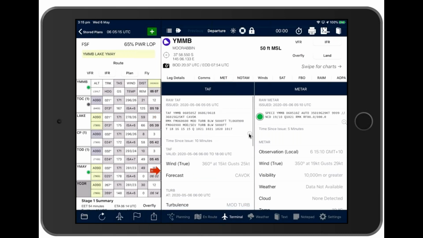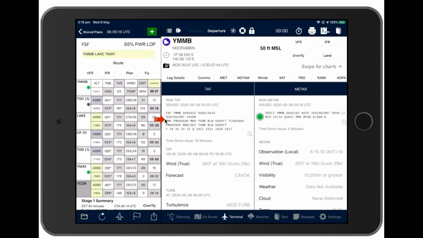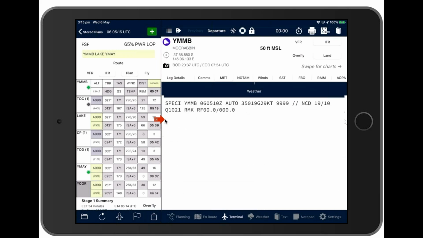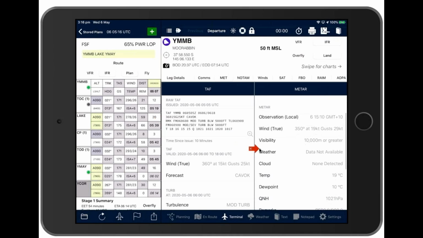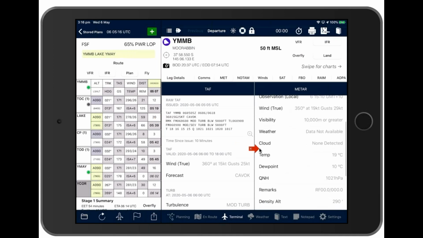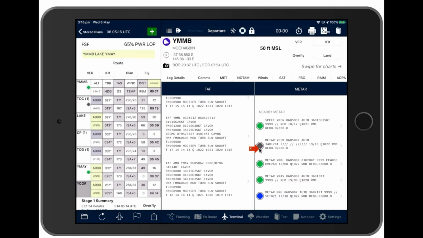One thing that people don't know, you've got this magnifying glass if you want to see it. And many of us are wearing glasses these days, so you get a blown up version. So just tap and hold on a particular cell and we can see what it is. So for that raw text. And then, so that's the TAF, and then the METAR, sorry, is again there and it's all decoded for you. And lastly, right down the bottom, we can get nearby TAFs and METARs. So if you're flying towards a place and the weather starts to get a bit iffy, we can just see at a glance where we should go,